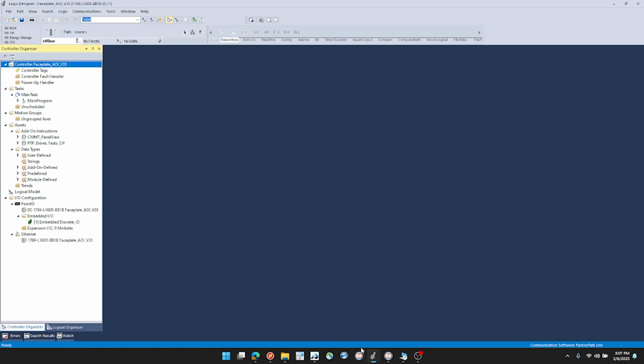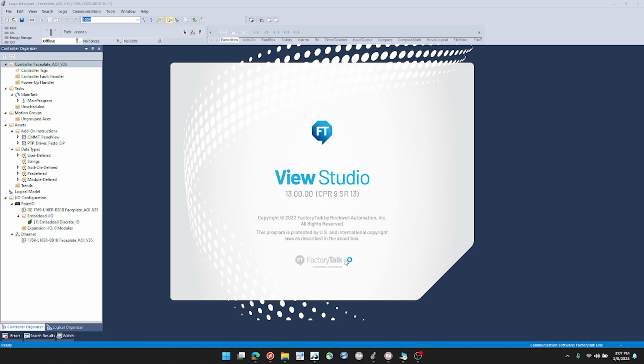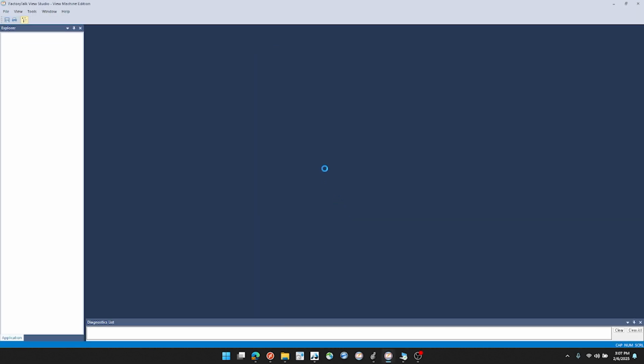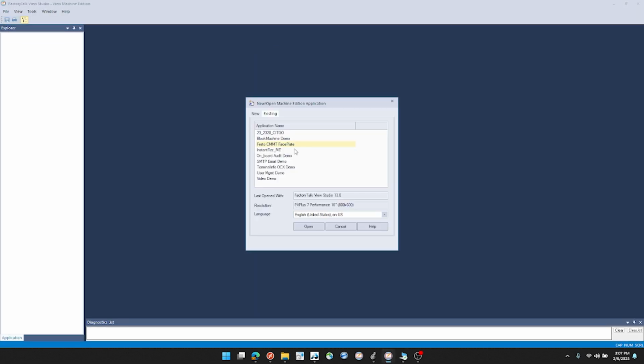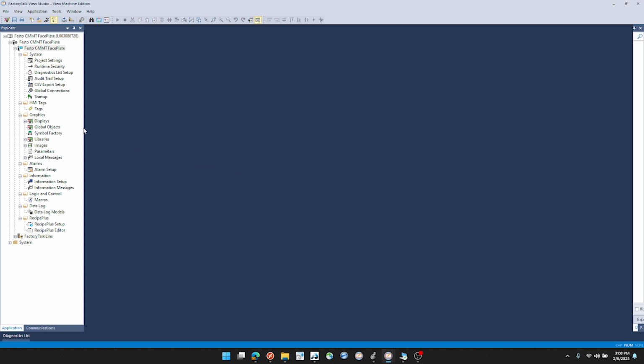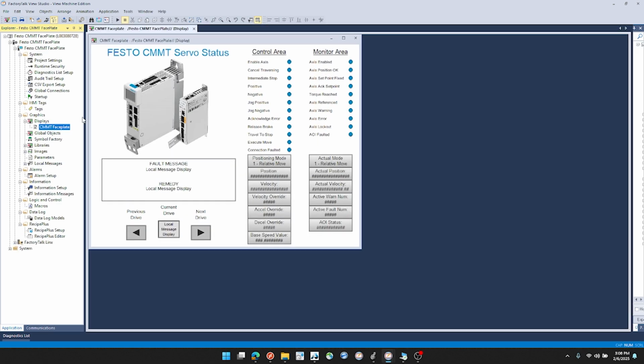Okay, once that opens up, we'll launch FactoryTalk View Studio here, and we'll open up the project that we just got from our download, and that's the Festo CMMT faceplate. Go ahead and open up that project. Okay, let's get started here. This is the file that I downloaded from the link, and I'm going to expand the Displays tab and open up the only display that's in here. And this is the faceplate with all the objects, images,